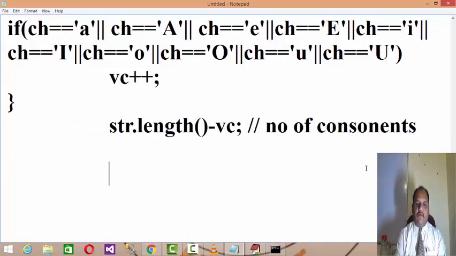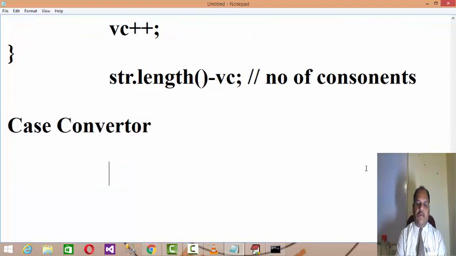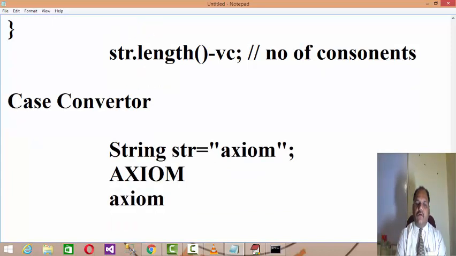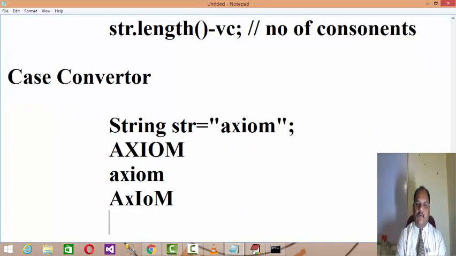Okay, now let us discuss how we can develop a case converter. Case converter means if you enter a string in lower case, then your logic should be able to convert it into capital, and if you enter in upper case, your logic should be able to convert it to lower, right, small a capital X, small a capital O, small n.